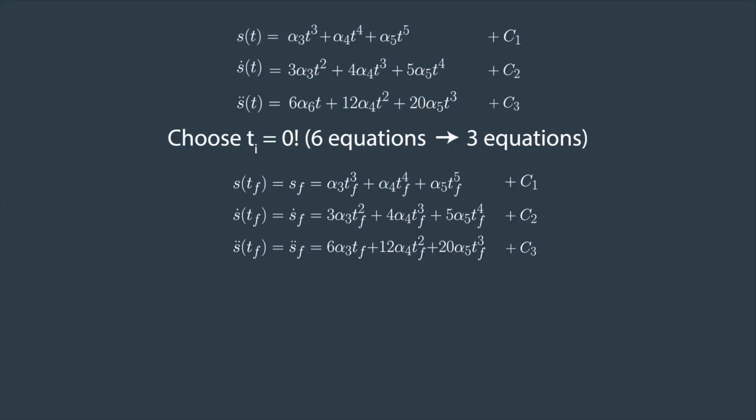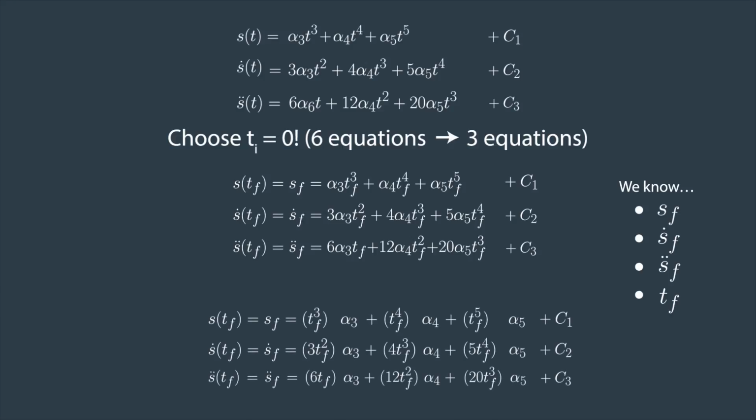What remains is that we only have to identify 3 parameters that depend only on our end boundary condition. And those equations look like this. And we know the final position, velocity, and acceleration at time tf, since those are all the quantities that we picked. Since we know them, a more useful way to think of these equations is like this, where I have deliberately separated the known quantities from the unknown variables that we wish to determine.